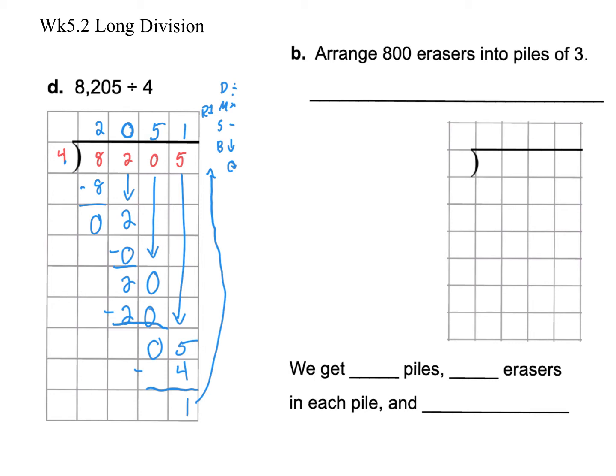Okay. Let's look at this a little bit different. Arrange 800 erasers into piles of 3. So we're going to do 800 over 3. We're going to get about 300 as my answer. So